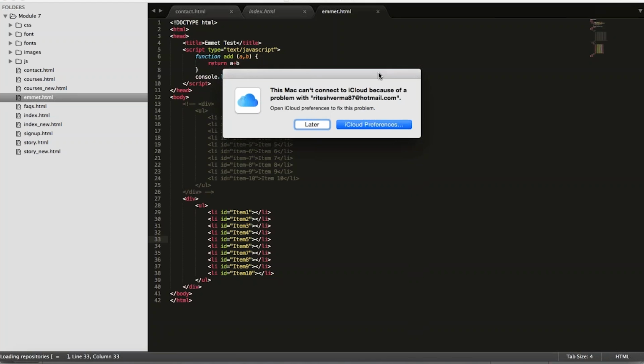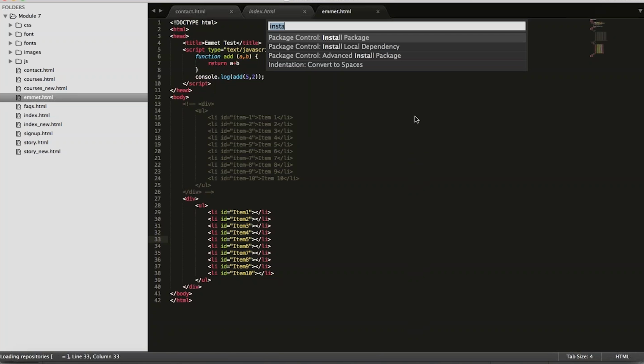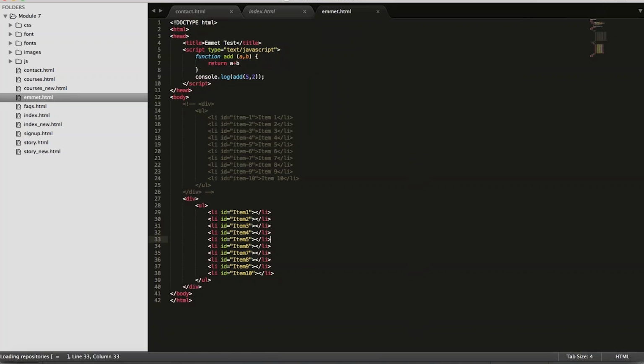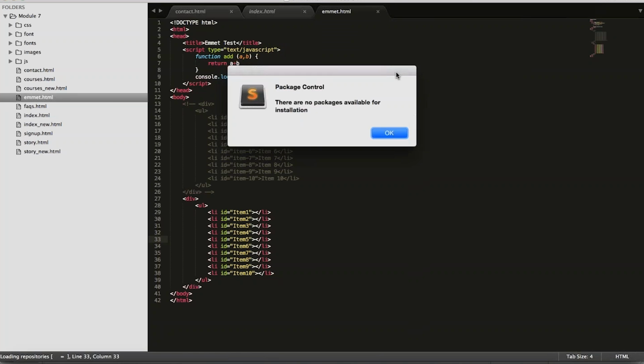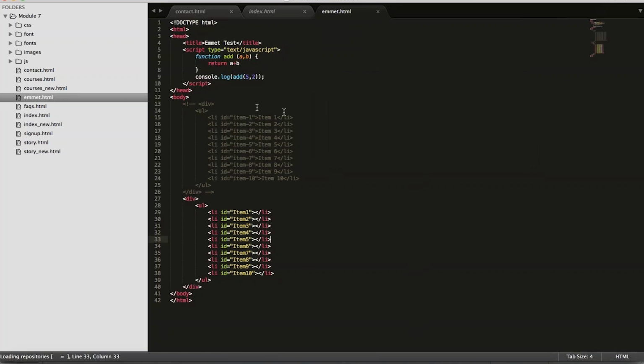So I was showing you some of the packages. As of now, I don't have any package. So I will be telling you guys. I have used Emmet here.